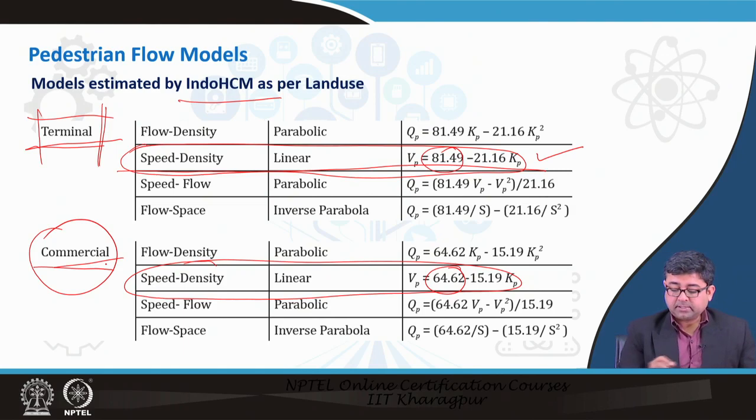In commercial places people usually walk slower, maybe there are shops where they are shopping. In commercial areas the number of people walking is also high, so the speeds may be low, and hence the free flow speed is lower than in the case of terminal spaces